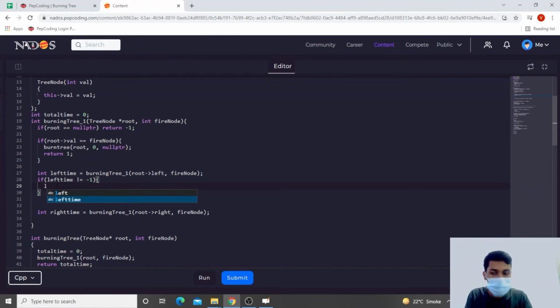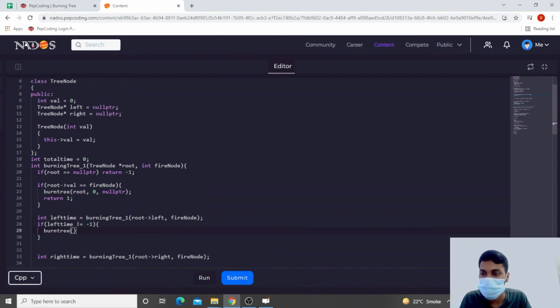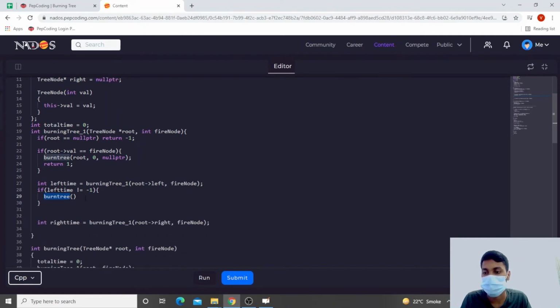So we are going to again call this function, burn tree, with the current node as the starting node,